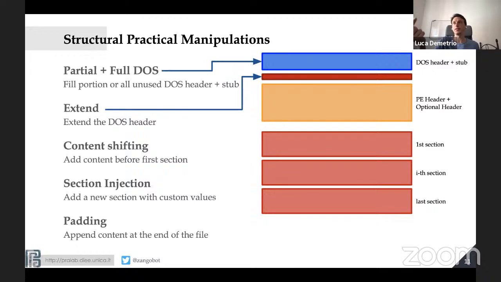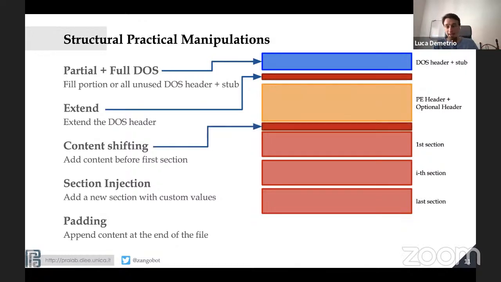Then, since there is a pointer from the header to the real header, you can abuse this pointer, enlarge it, making space, and do what I told you a minute ago. So you can just extend the DOS header and write in this DOS header. Then again, since the optional header points to the sections, you can abuse a pointer, enlarge the space between the sections, or just for getting things a little easier, you just shift down the first section, and then again you have as many bytes as you want for placing adversarial content.